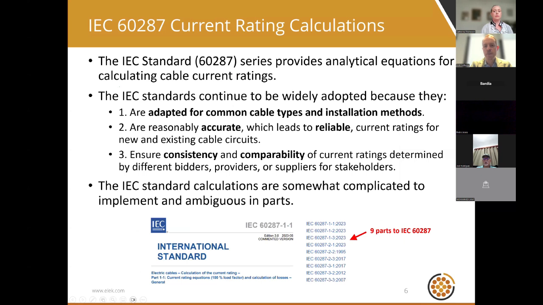IEC 60287 current rating calculations. This is the penultimate series of standards that provides analytical equations for cable current rating calculations. These standards continue to be widely adopted because they are applied to common cable types and installation methods. They are reasonably accurate, which leads to reliable, dependable, predictable current rating calculations for new and existing installations, ensuring consistency and comparability